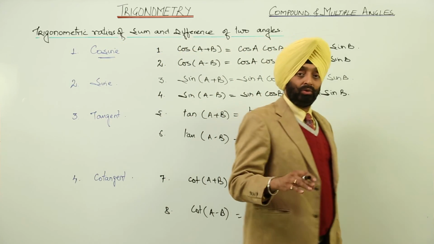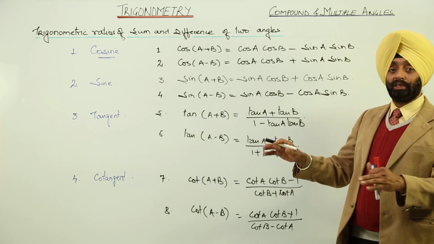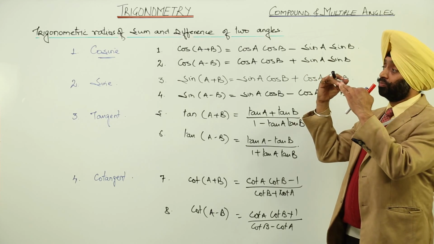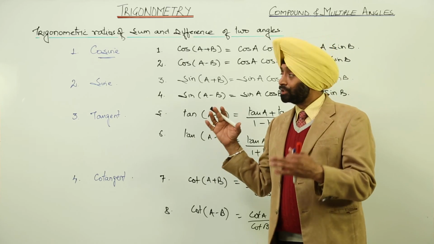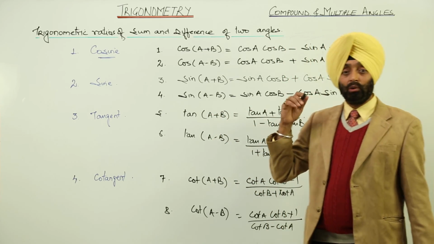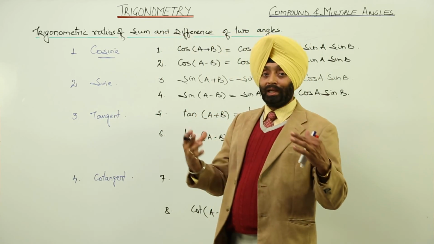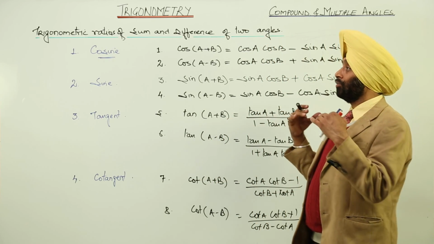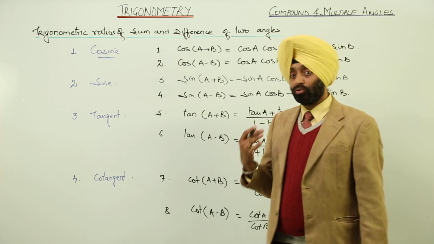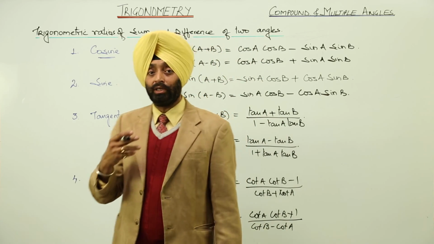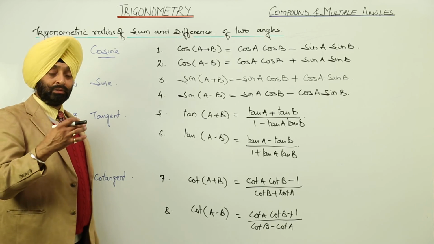Okay, so I recommend you strongly just make a chart for all the formulas and paste it on the wall, in front of your study table, so that whenever you are looking towards the formula, either you want or not want, as soon as, that is human psychology, if I am looking towards a thing, naturally my mind will read it. Okay, it is required or not, but your mind will definitely read it. Okay, so you have to make sure that all these formulas are learned by you.